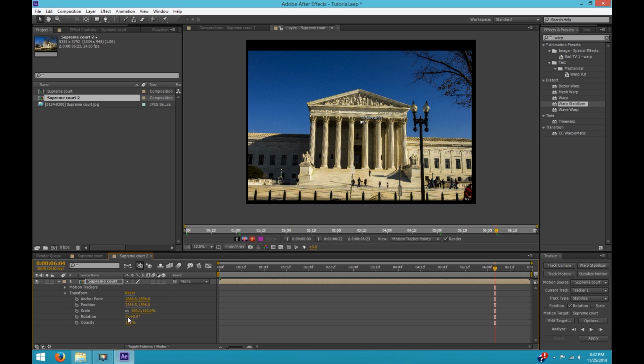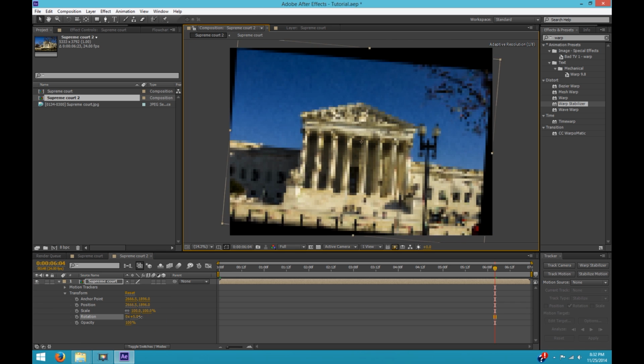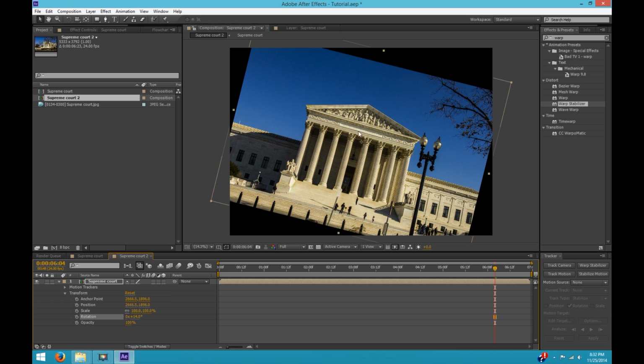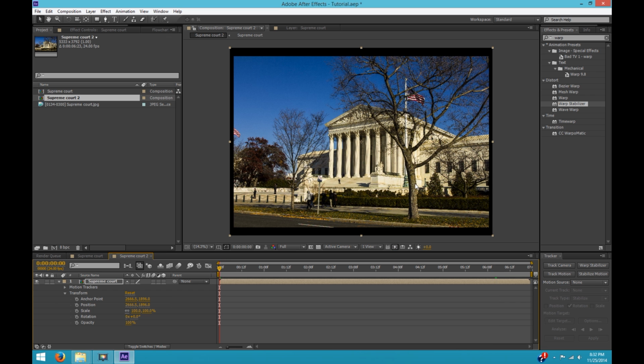If you were tracking a line that wasn't horizontal, you'd end up with an image that just rotated further and further, and it would end up all crooked at the end, which is fixable. I'm going to show you how to fix that later if you have to do that as a last resort, but we're going to try to avoid that by picking some vertical lines.